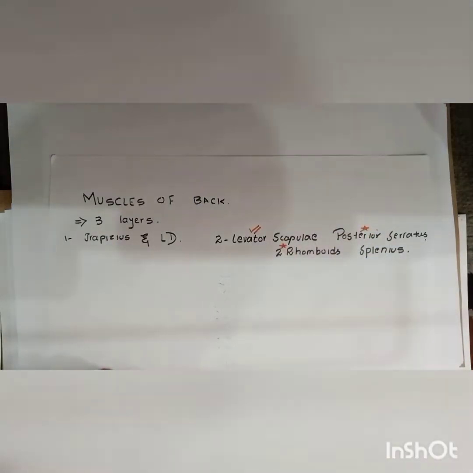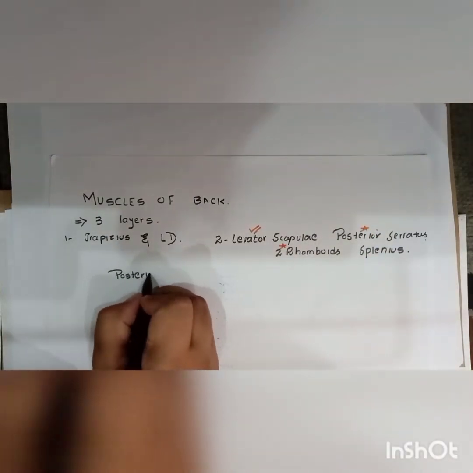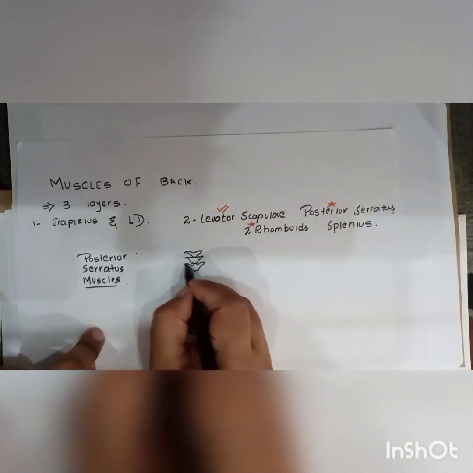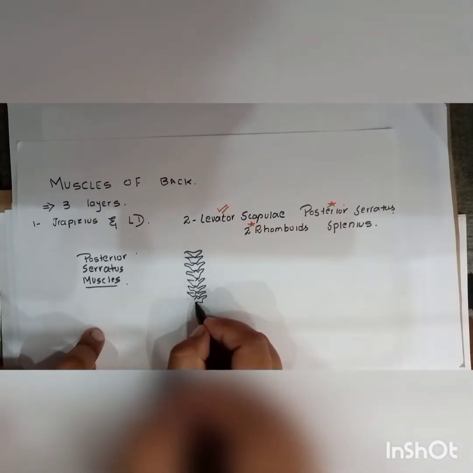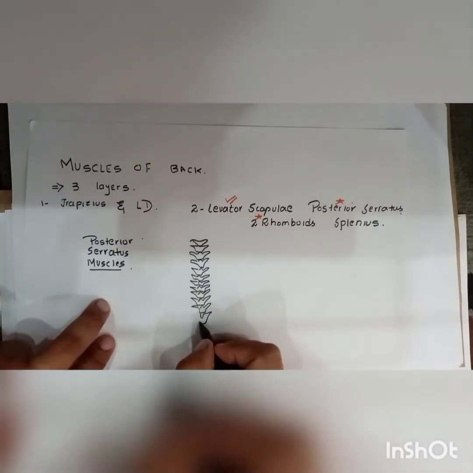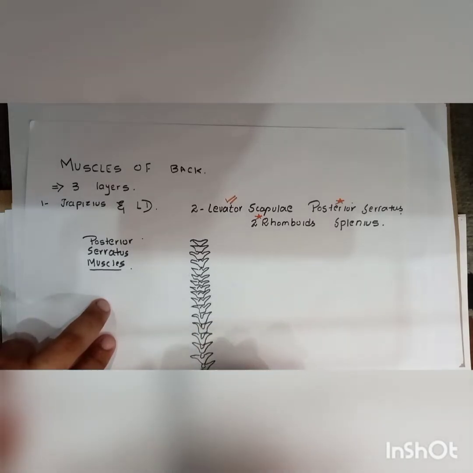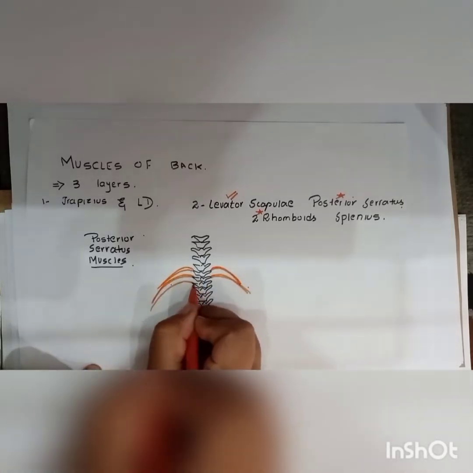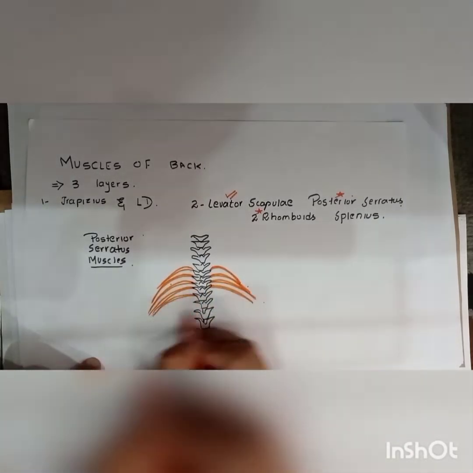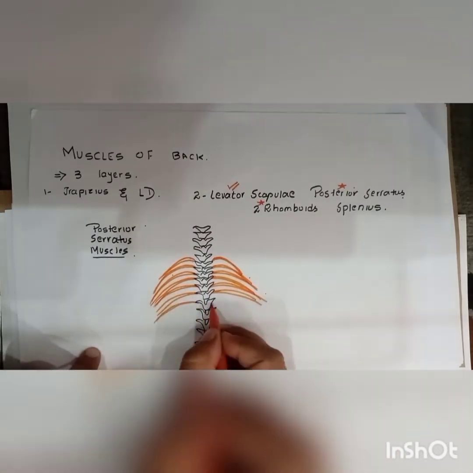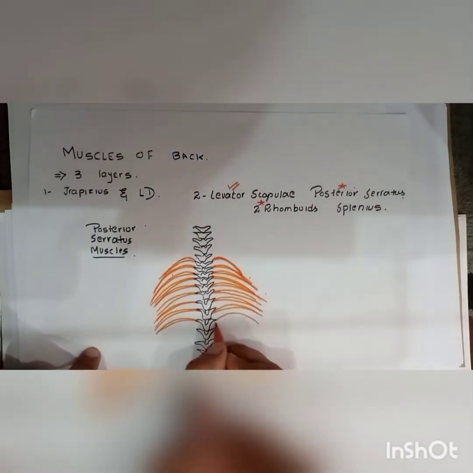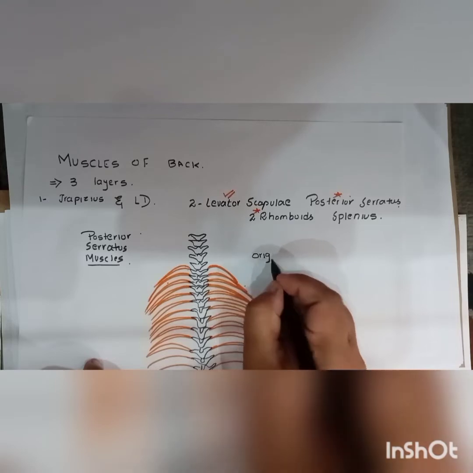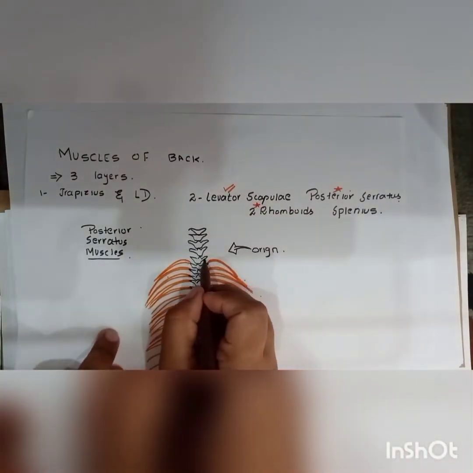Today I will explain the posterior serratus and the two rhomboids in detail. So let's start with the posterior serratus muscle. Now I am drawing the rough framework of the human spine, and there are a total of two muscles present in the posterior serratus. The first one is the posterior serratus superior muscle, and the second one is the posterior serratus inferior muscle. So these are the ribs of the human skeleton, and I will start with the posterior serratus